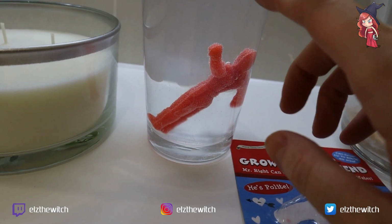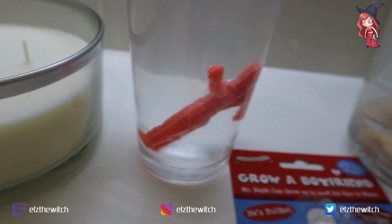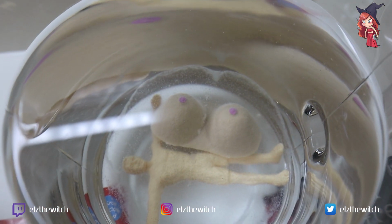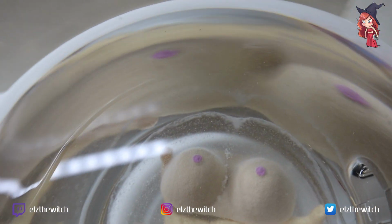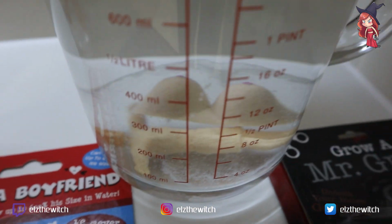And the water's gone like a funny color. Can you see? It's like gone cloudy a bit. So we've had a little bit of growth there. And then there's a lot going on in this. Look, what is that sort of like? Can you see that? It's like a ring of weirdness around the boobs. And also the Mr. Grey's is like shedding, but I don't think it's grown at